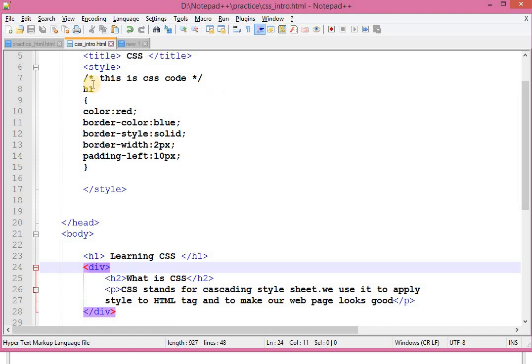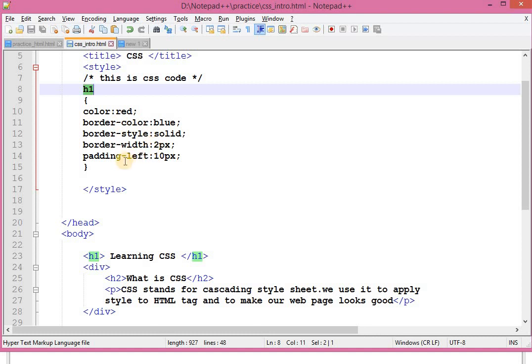This is an HTML element selector. Okay, what does it mean, selector? Selector, that means selector will be used to find a particular HTML tag for which you want to apply a particular style. Okay, so over here I am setting this style for the h1 tag.